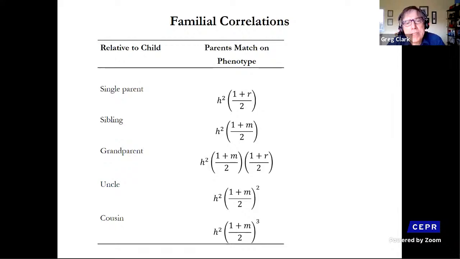And what you actually see is that that correlation depends actually only on 2 parameters. There's H squared. H squared always appears, and it always appears in the same effect. And then there's effectively 1 plus R over 2 and 1 plus M over 2. But remember, M is just dependent on R and H squared. So there's really only 2 parameters that matter here, H squared, and then 1 plus R over 2. And what's happening then is that as you move down the family tree, and particularly if we look at collateral relatives such as cousins, it's just going to be a function of the genetic distance between people, what their